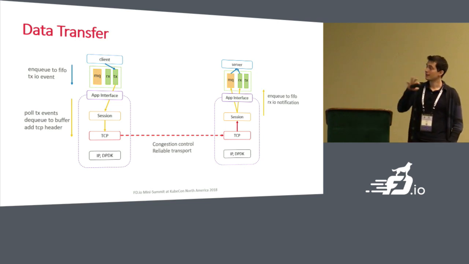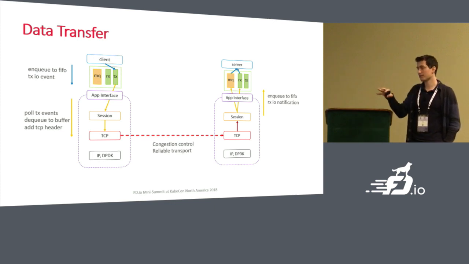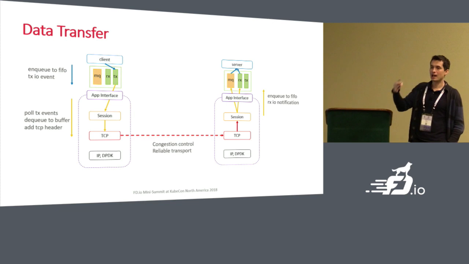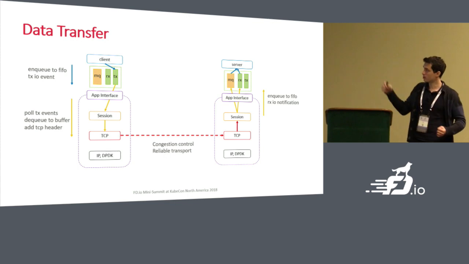And by this, we mean we can have the client, let's imagine the client sends data to the TX FIFO. It generates an IO event that it sends to VPP. VPP pulls that event, gets from it information about the session, gets information about the FIFO, asks TCP, do you have space to send something more? If the answer is yes, it dequeues that data into a buffer, asks TCP to stamp that buffer with a header, and then it pushes that buffer out from TCP.